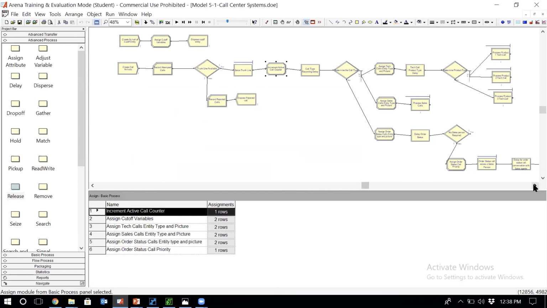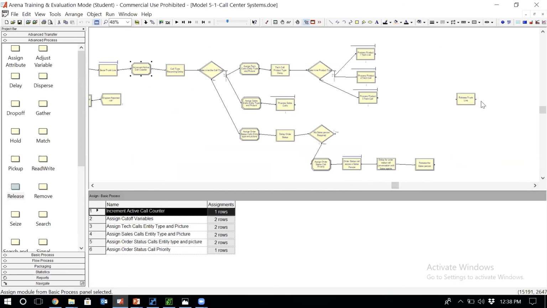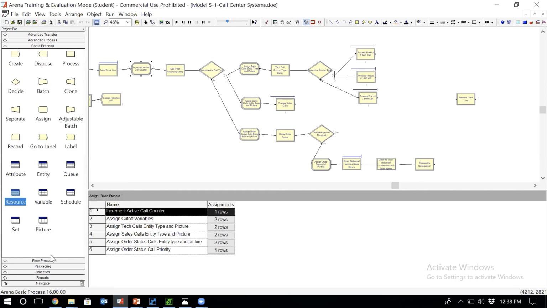but that's working process. Now, when the entity is going to leave, what should I do with this variable? The entity is leaving the system, the call is leaving the system. It's no longer my working process. It's no longer somewhere in the system. What should I do then? You should do work in process minus 1. You should decrease the working process by 1. So